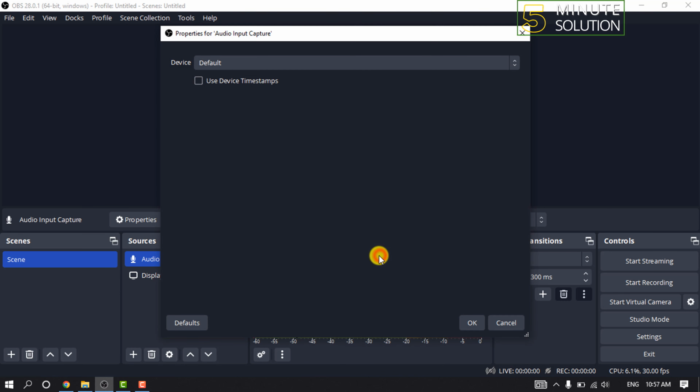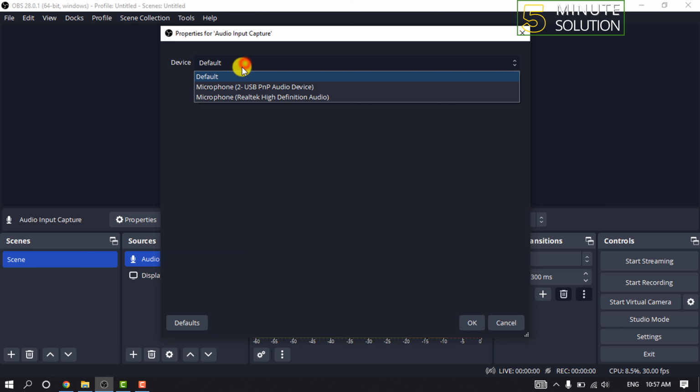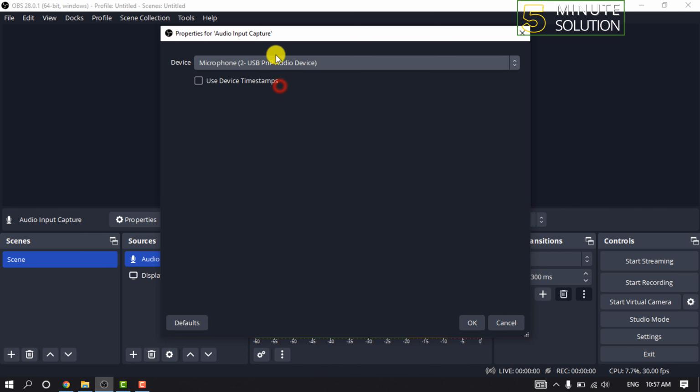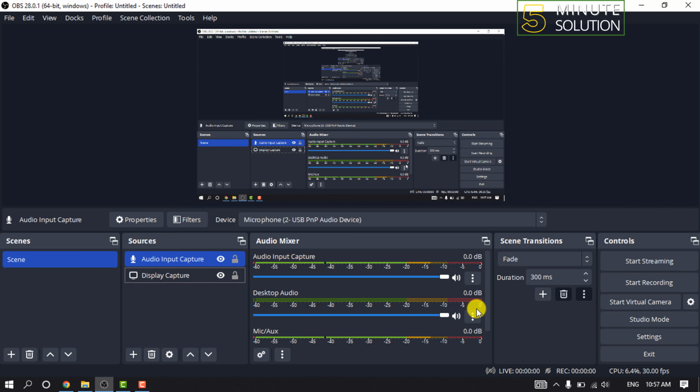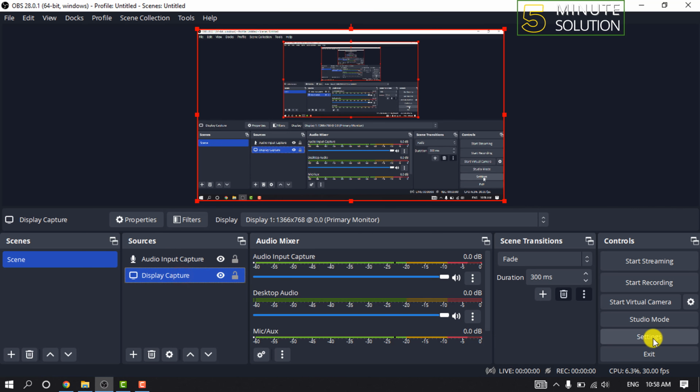Click on OK and click on device and select your input device. Right now I'm using this microphone, so I'm selecting this one and clicking on OK. And after that, click on settings,